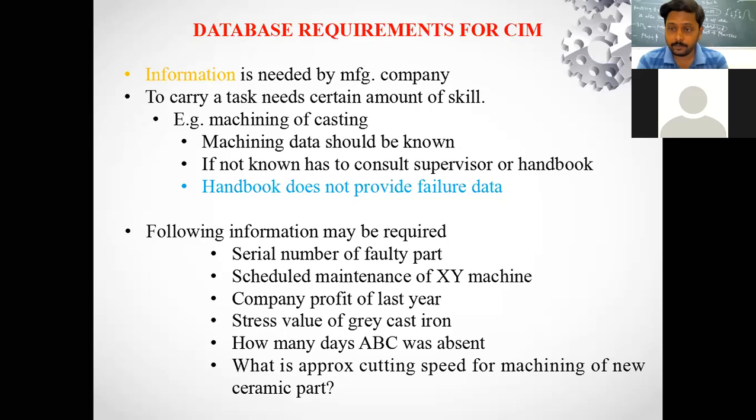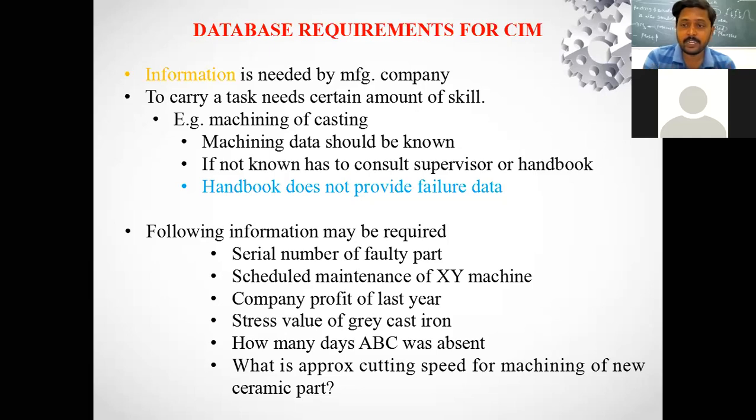In that case, if SIM is applied, then you will get the different data required for the part to be manufactured. For example, the serial number of a faulty part, if you have manufactured this kind of part and it got rejected earlier, then you can have the serial number; scheduled maintenance of the XY machine; company profit of last year; stress value of grey cast iron; how many days someone was absent; what is the approximate cutting speed for machining of a new ceramic part.